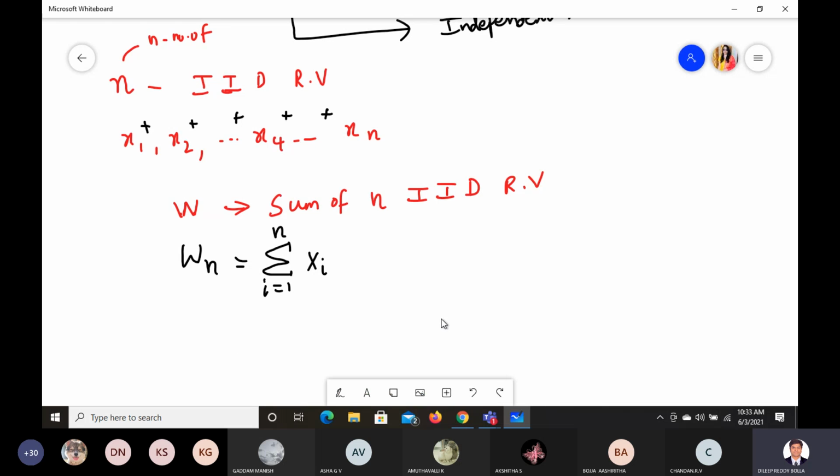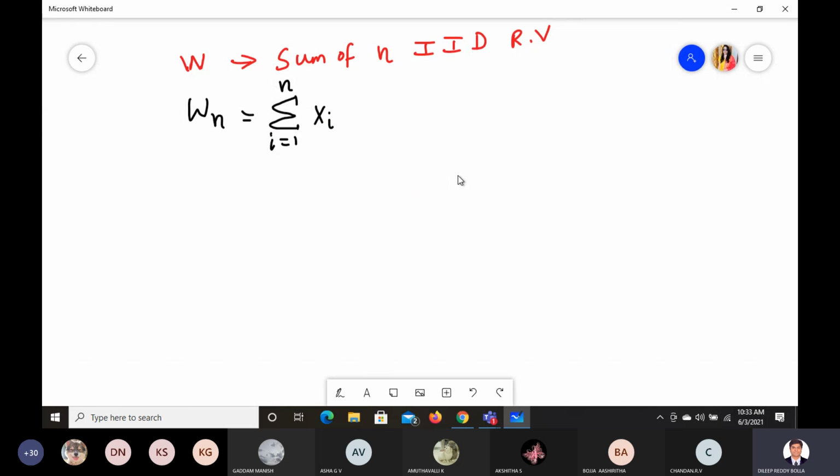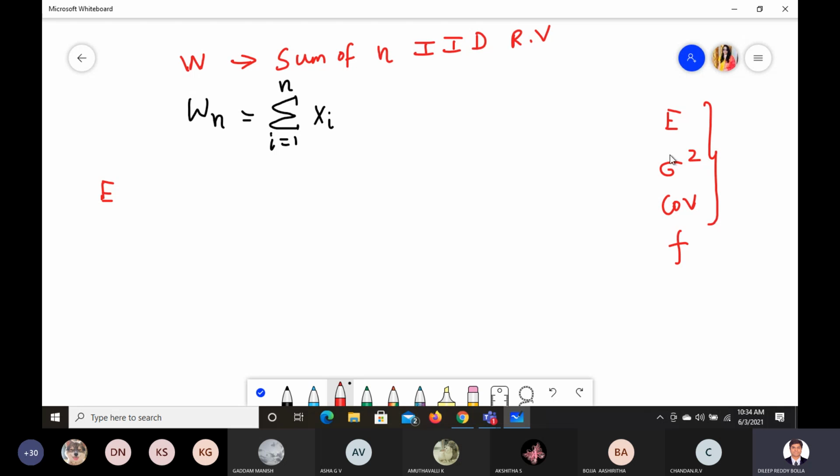This is for independent identical random variables. Now the question here is, we need to find the expectation of this. Anything you see in this module, we either find expectation, or variance, sigma square, or covariance, or PDF. Anything out of this only we are trying to find. All are similar, but the way we write initially is what you have to learn. Once you understand how we write initially, further it will go simple.